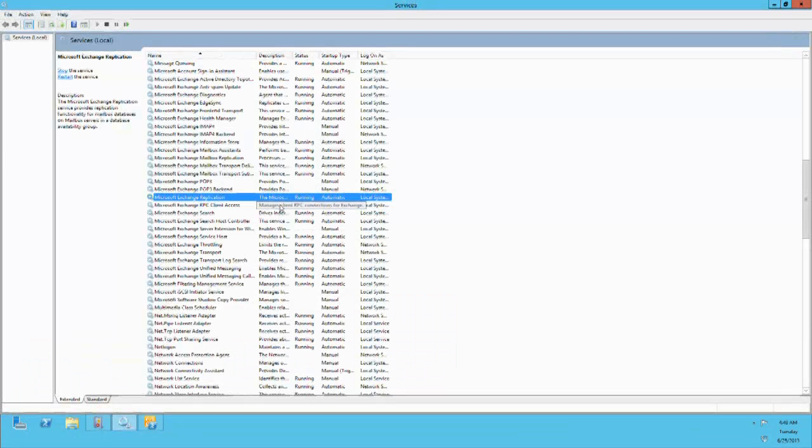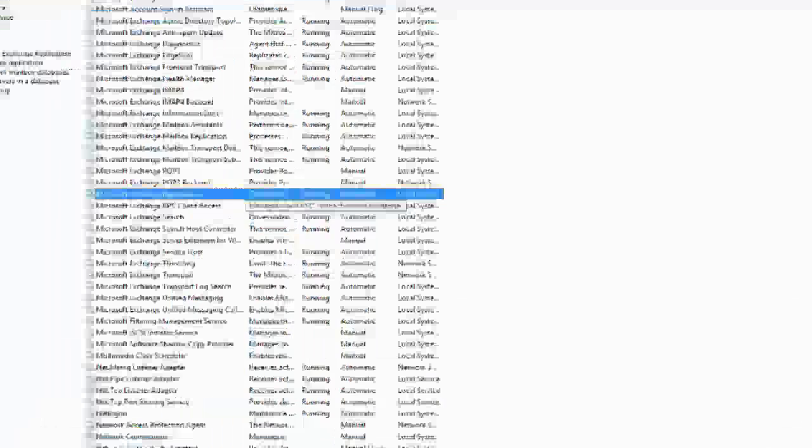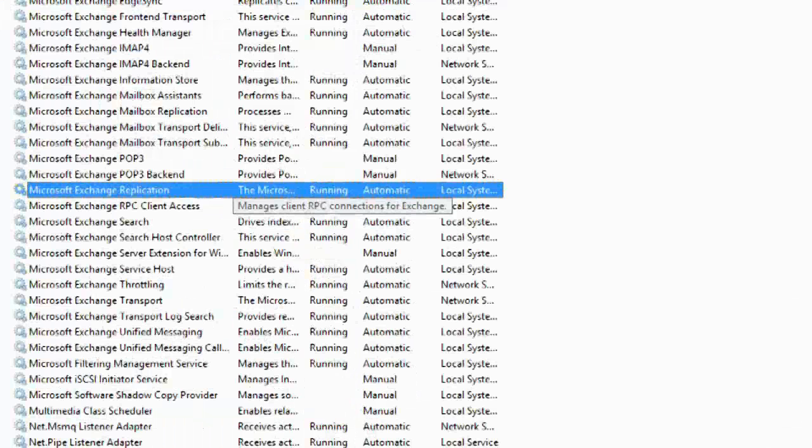So this is just a service control manager, nothing you haven't seen before. And I do have one service that I've selected here. It's the Microsoft Exchange Replication Service. This service is required to be running on all mailbox servers, whether they're members of a DAG or not, because